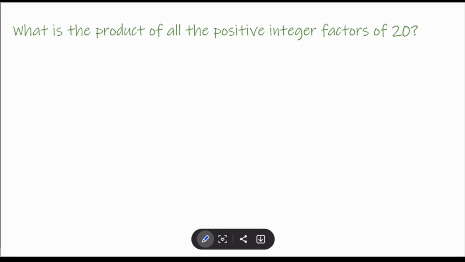What is the product of all the positive integer factors of 20? So it's only taking the positive, and it's integer, so not including the decimals or fractions. So what are the factors of 20? So these are the